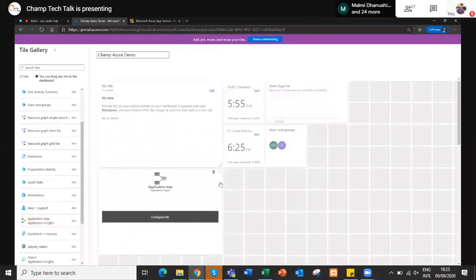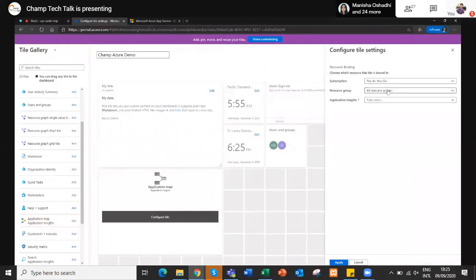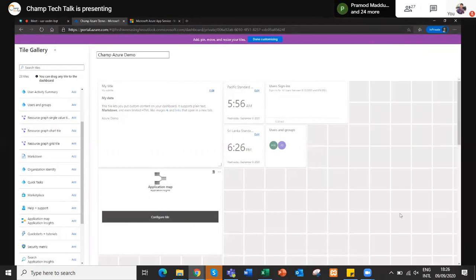So for application insights, I can configure the style. I'm selecting my subscription and my resource group, and it's asking me to select the value. Since we didn't turn on application insights when we were doing the configuration, it's not going to show here. But if you turn it on, you will be able to select that particular application, and once you press apply... we can't proceed with that because we don't have a valid application there.